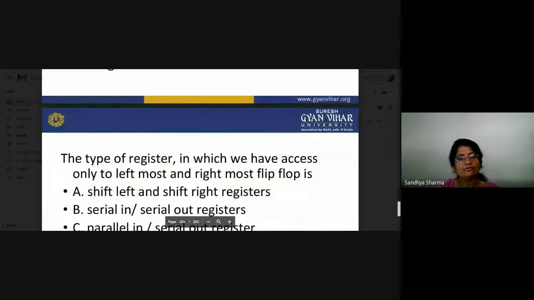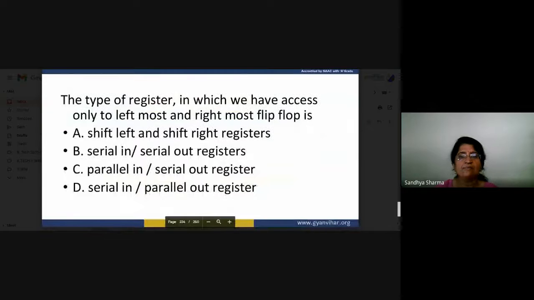At last we want to tell you about the type of registers which have to access only the leftmost or rightmost side. So that is basically serial in. So how you can decide how your working processor will decide which type of registers you have to require for that particular working. Minimum number of flip flops, if you want to design a mod 10, so you have to decide how many flip flops you have to require.